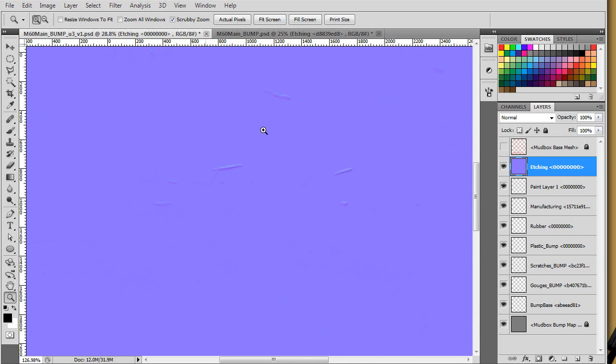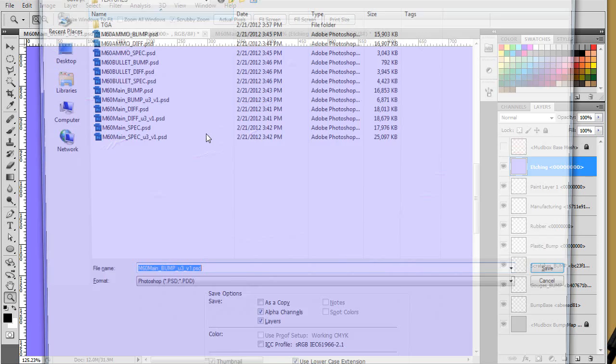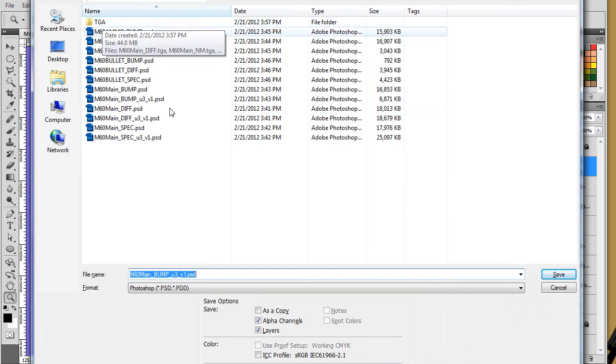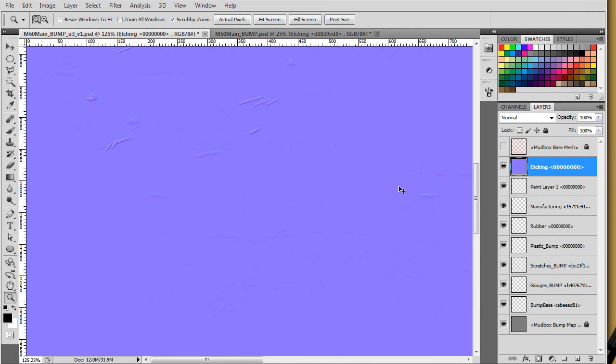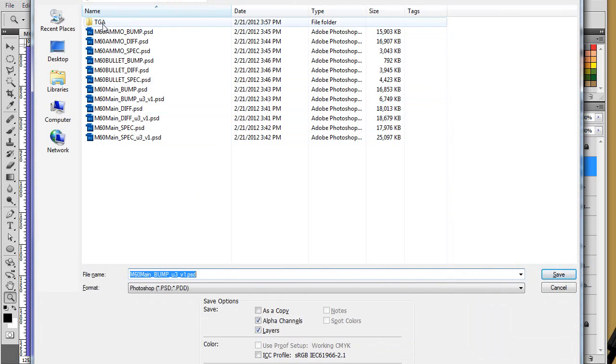Here's my bump. Okay, very subtle in there, quite possibly too subtle. I don't know yet. Until I get it on the model in UDK will I really know if this is not enough? Alright, so I'm just going to hit Control S to save this Photoshop file so that I can come back and make clean and easy edits to these layers, and then recopy it, redo the normal map, and then Control Shift S, TGA